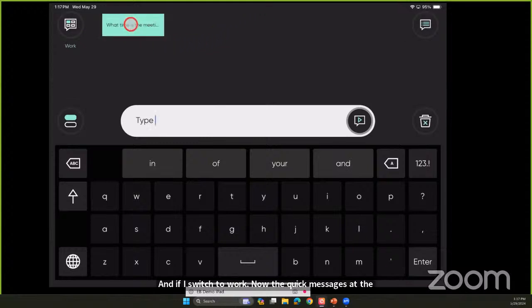So if I tap that, "What time is the meeting?" With those quick messages, I don't have to get out of my keyboard mode. So it's a nice way to have some phrases added, but also be able to still use your keyboard. So that is TD Talk by Tobii Dynavox, and Jackie's going to show us TD Snap, which is also by Tobii Dynavox.